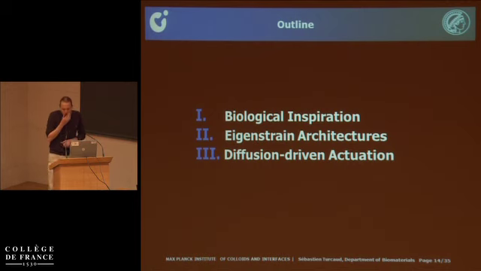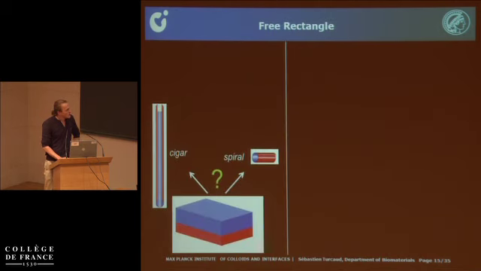So I gave you some examples, showed you the biological inspiration, gave you some examples of eigenstrain architectures, and now I come to the main part of my talk, namely those diffusion-driven systems. But first, before actually going into that, I just want to show you this example. What will happen for a bilayer if instead of having a very long dimension and being thin,